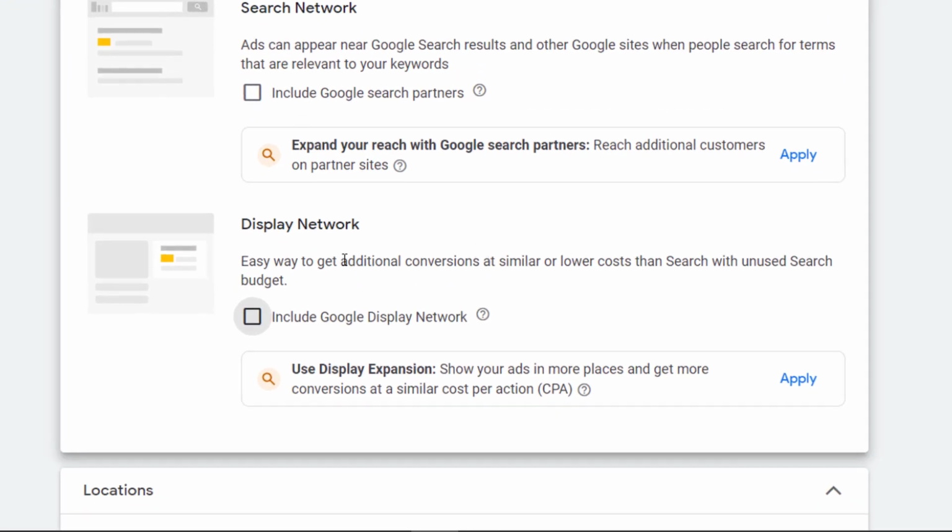This is absolutely awful, and I don't know any reason you would ever want to use this. If you want a display campaign, go ahead and make a display campaign with the display network. Here you are not going to have any control over it, and you are really just going to waste your money. You leave all the actual automation up to Google. That's not what we want to do. We want to have some control over the display network.